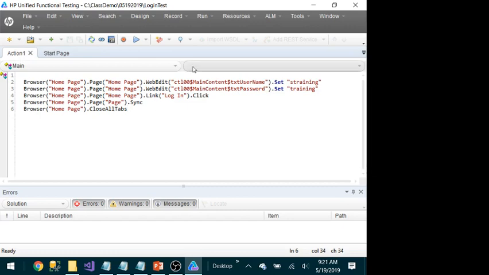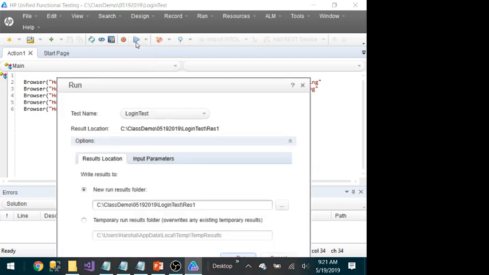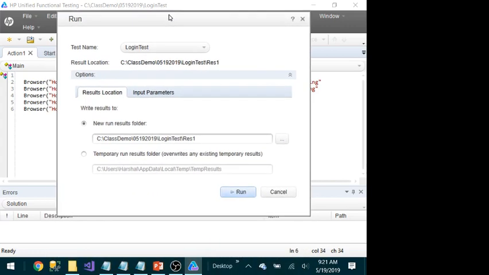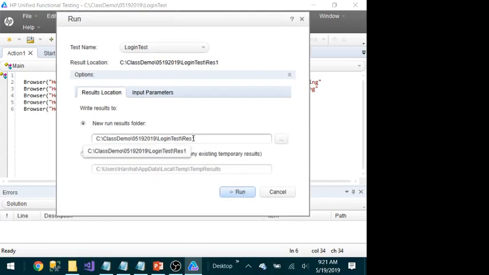Now I record it. How do I execute it? So how do I play it basically in the automation task? So there is a run button here. You click on run, and it will pull up this dialog box. For now, just ignore this. But what it will do is